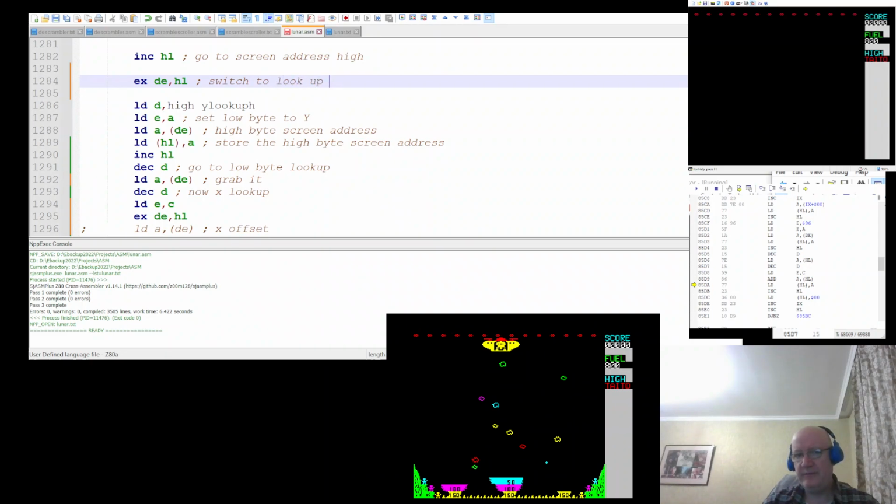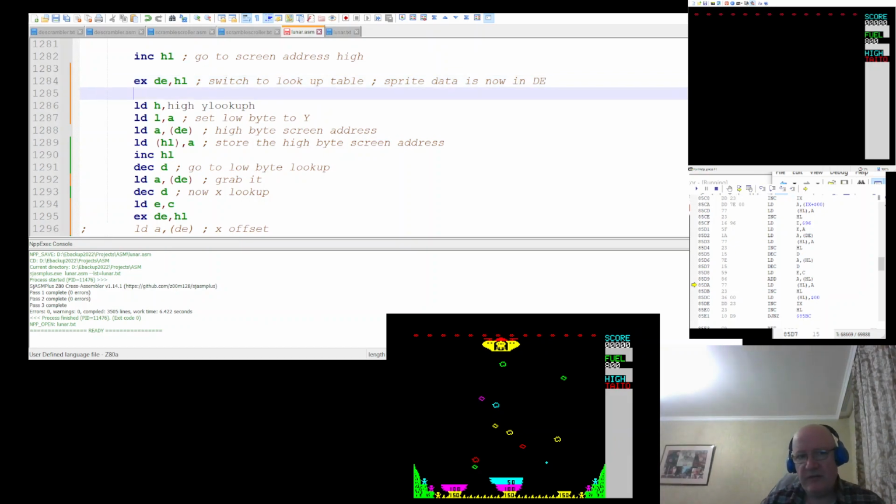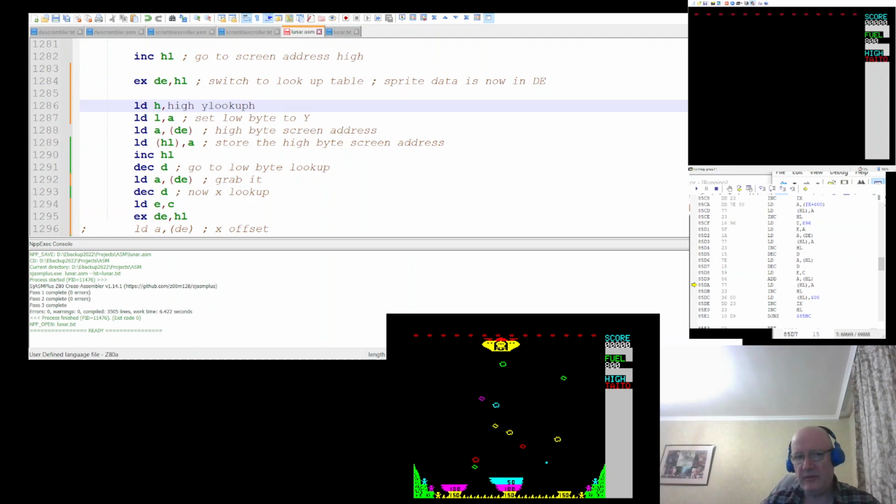switch to lookup table. Okay, and then we'll load H and L. So sprite data is now in DE for later, right? We'll swap it back at the end. It's just more flexible. Right, so H lookup, because you know this add, you can't do an add HL, add brackets HL, you can't do it with DE. So that is load A, HL,